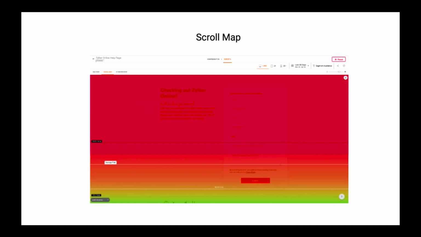A visitor might come to your blog and read the complete write-up before taking an action. Or on the other hand, another visitor might come to your home page and leave without even crossing the first fold. So scroll maps help you spot the fold that gets the maximum traction, so you can move your important elements to that fold and give them more visibility. You can even go one step further and run an A/B test for these elements.